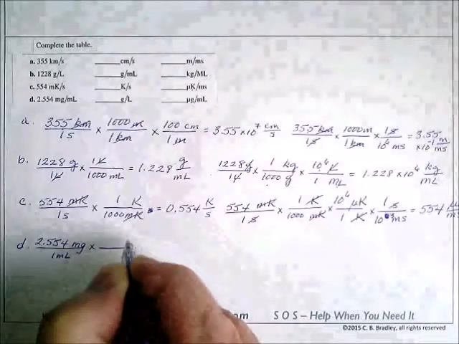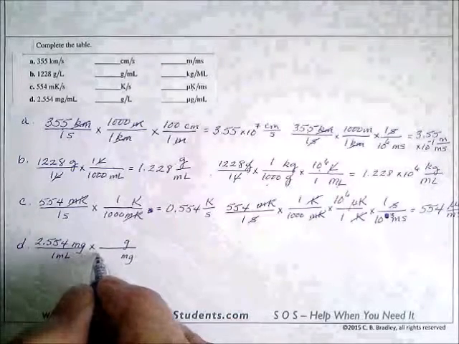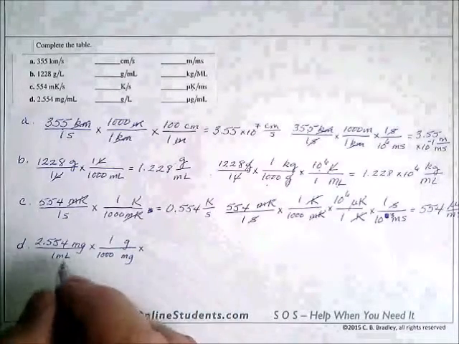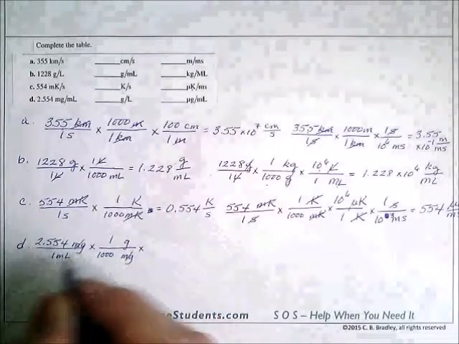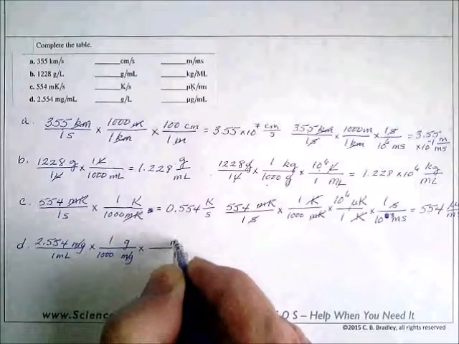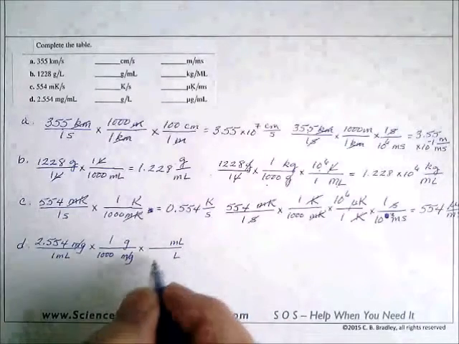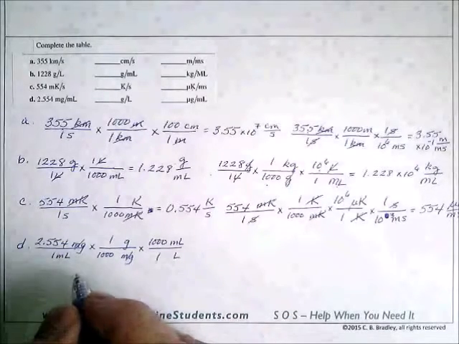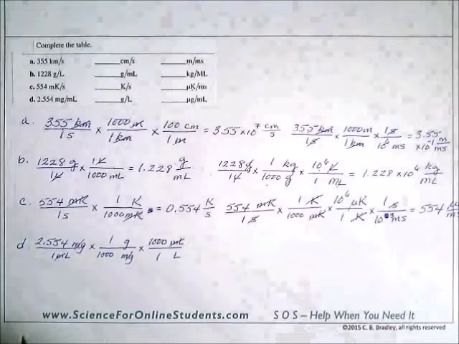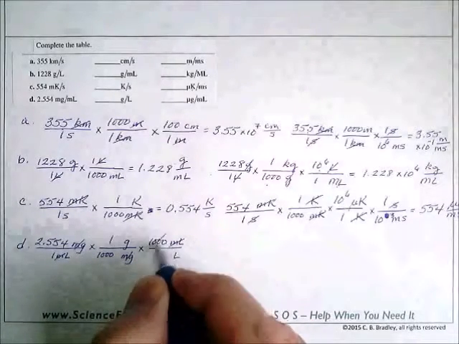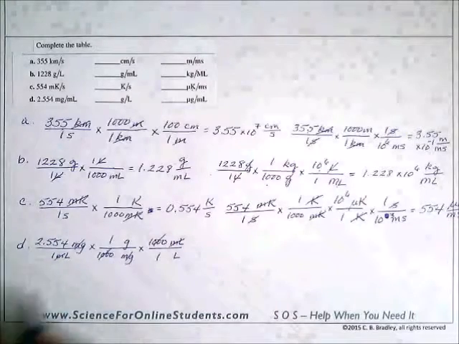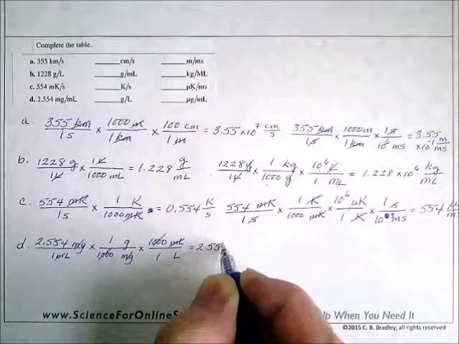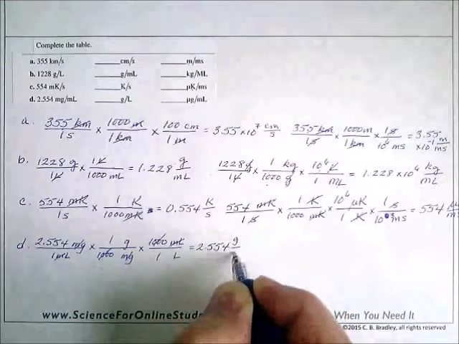Milligrams and grams. We have 1000 milligrams is 1 gram, and over here that takes care of these. Now let's do milliliters. 1 liter is 1000 milliliters, and our thousands will cancel, and that just leaves ones. Grams per liter,